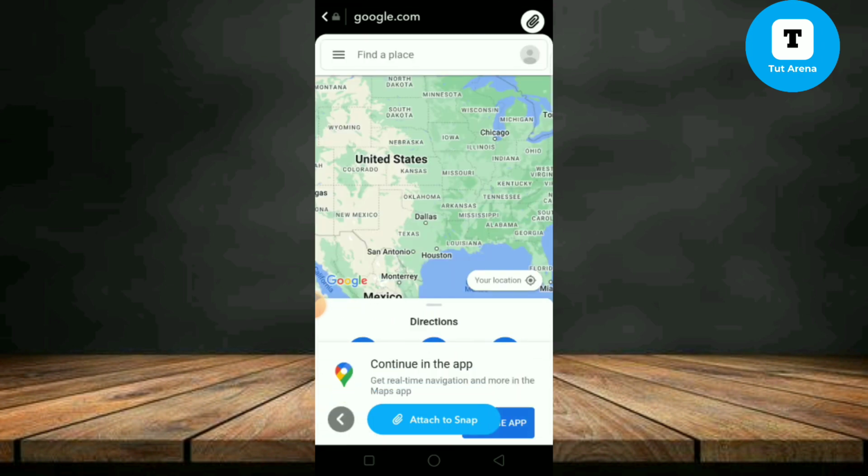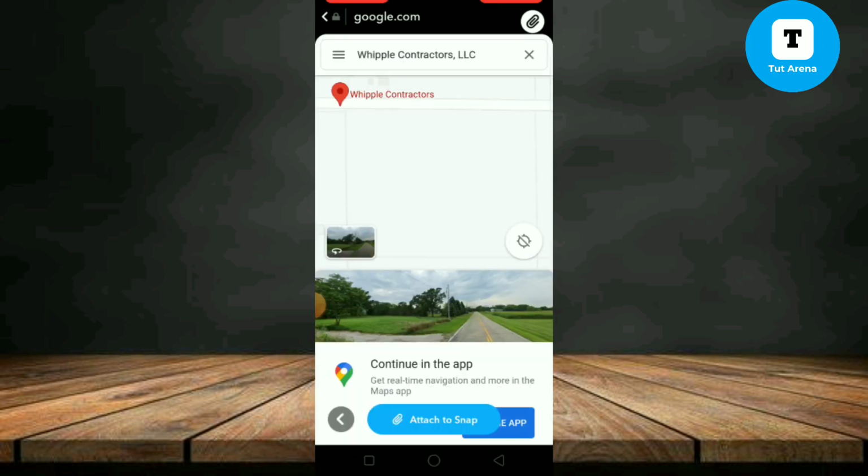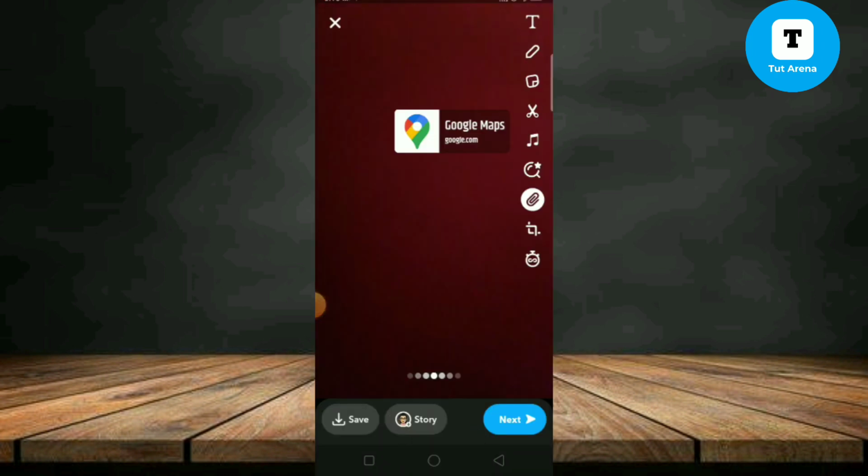In here you have to find your location. You can also search for your place in here. You just have to put your location's address. After finding your location, you just have to tap on attach to snap. Then it will be attached to your photo. Then you can share it as your story, or you can share it to your friends by tapping